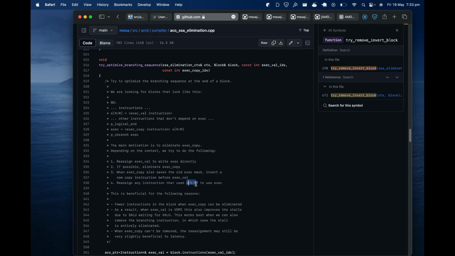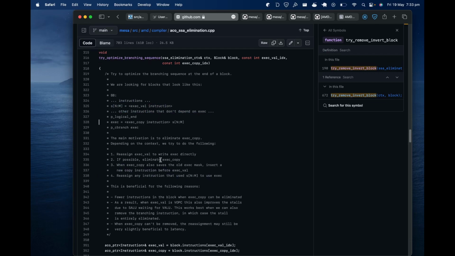Yeah. What's S? Just always on register. Very slightly beneficial. No, so again, kind of re-inciting to use that to earlier exec copy. Yeah, a new copy instruction. Well,